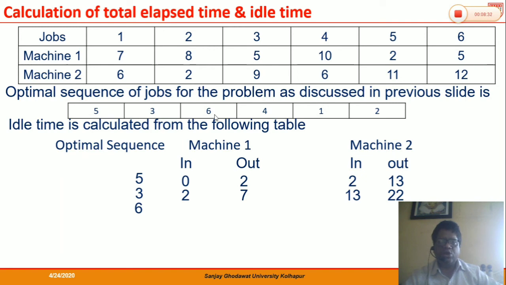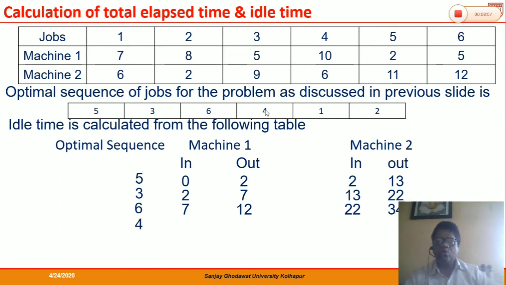The next job to be placed is job number 6. Job number 6 requires 5 units on machine 1 and 12 units on machine 2. So we load it on machine 1 first. Once job 3 is over at 7, after 5 units, at 12 units it will be ready. But again the job has to wait because the machine is not free, and this machine requires 12 units for job 6. So after loading at 22 units, it will take until 34 units.